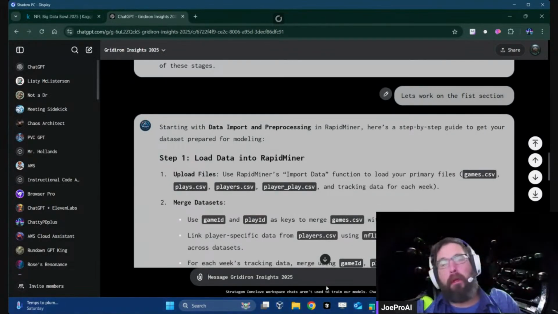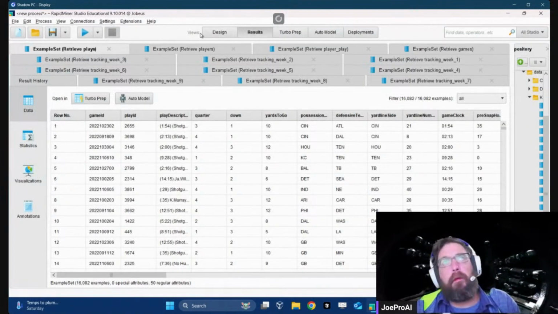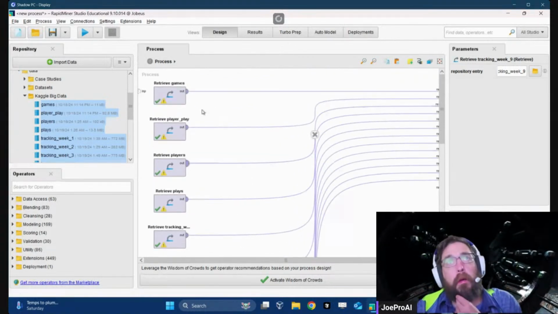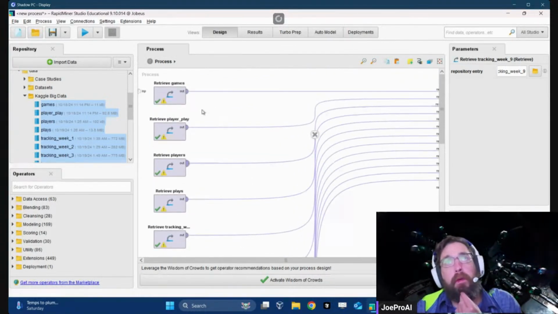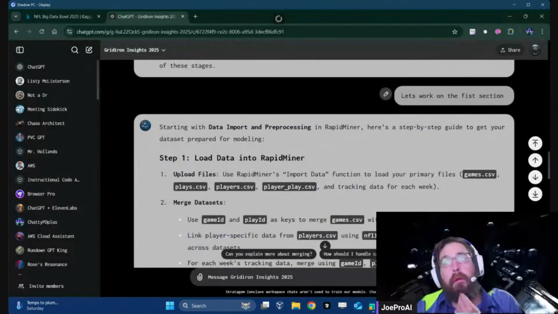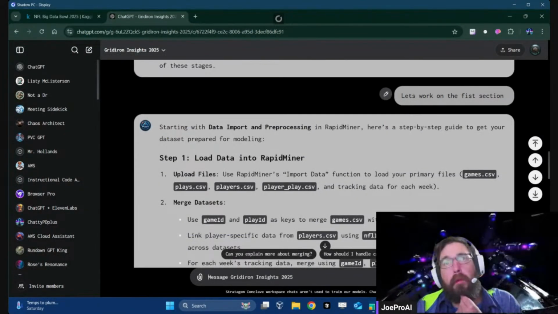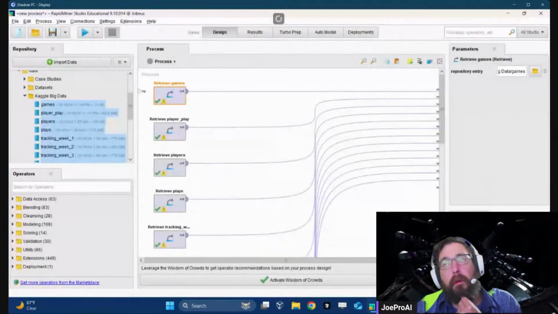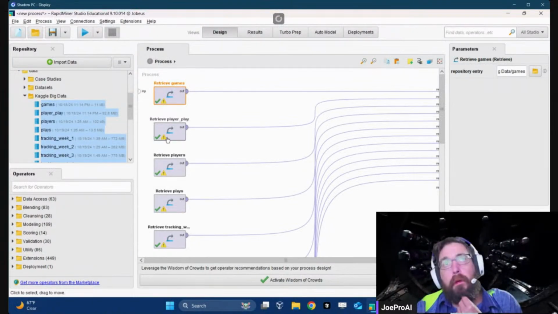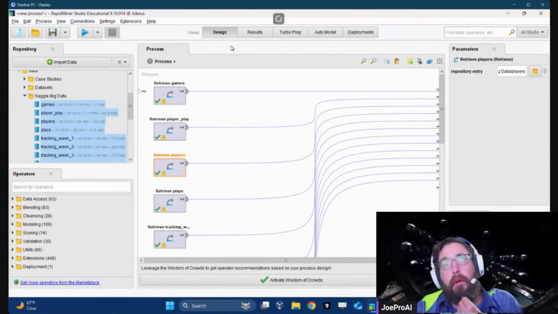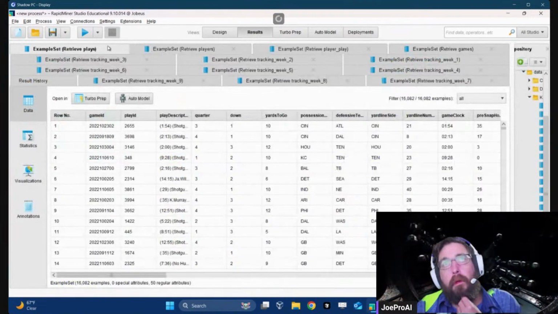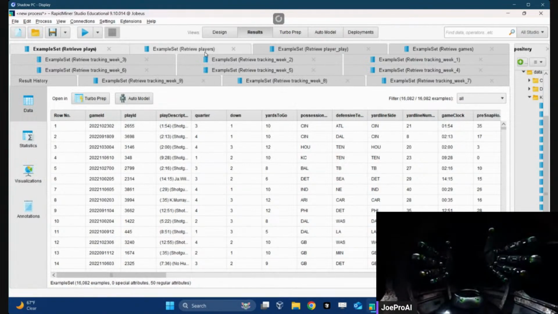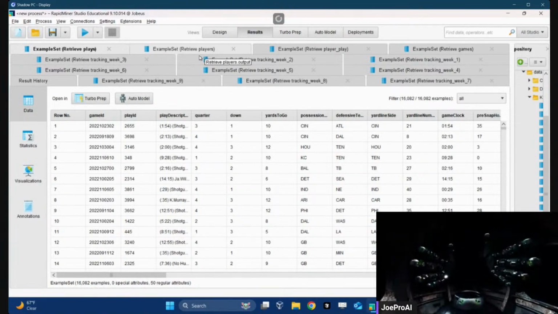Okay, games, CSV. So I probably need to tone back some of that. Okay, so we got games retrieved, games, plays, players. Okay. So what am I looking at?